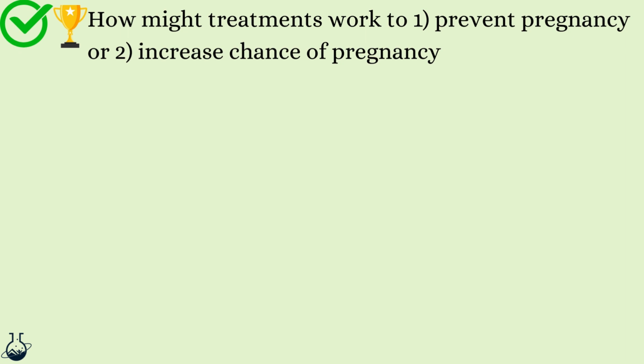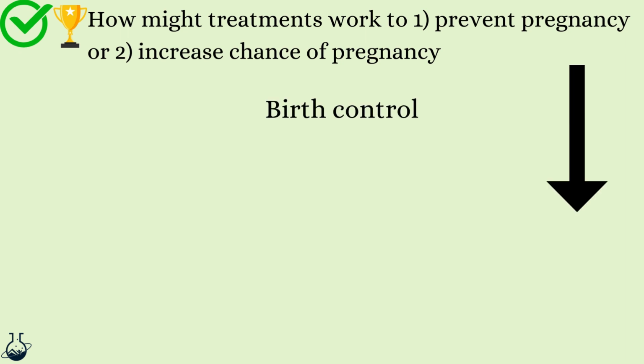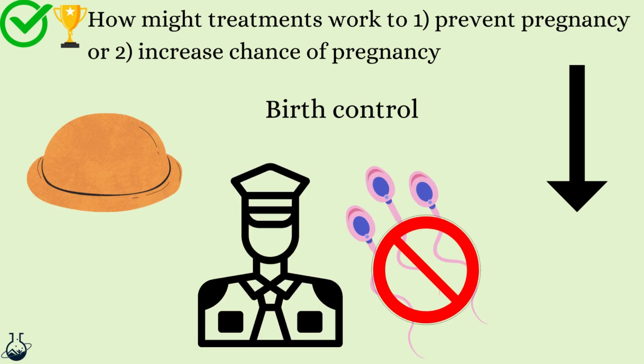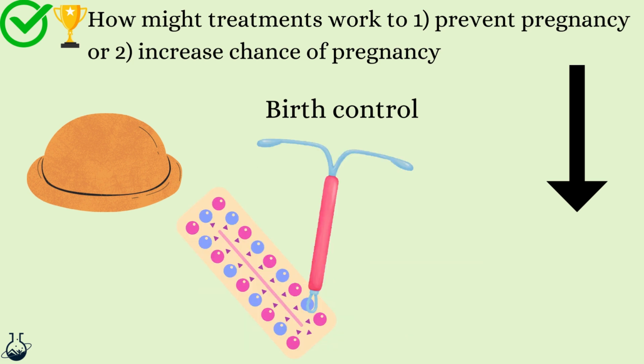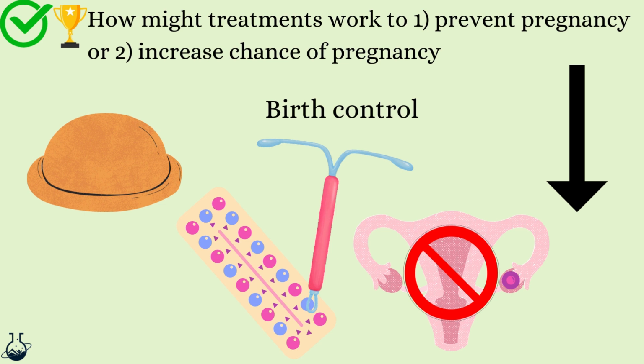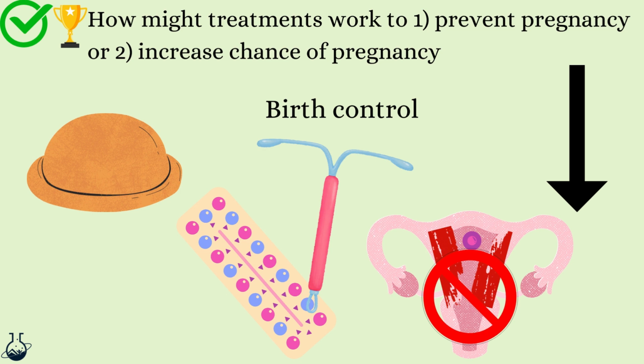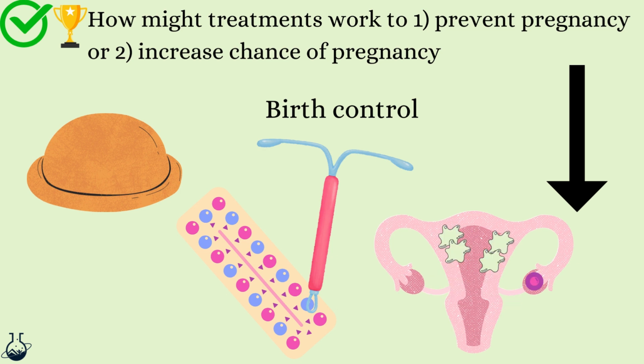Now we can use medical treatments to our advantage to either prevent or increase the chance of pregnancy. Birth control is a method to reduce the chance of pregnancy, and this may be physically, such as condoms, to stop sperm meeting the egg, or adjust hormones in the body to maybe stop ovulation so an egg isn't matured or released, or to stop the lining of the uterus thickening so implantation cannot happen, or to thicken mucus in the uterus, which makes it harder for the sperm to reach the egg and thus stop fertilization and pregnancy from